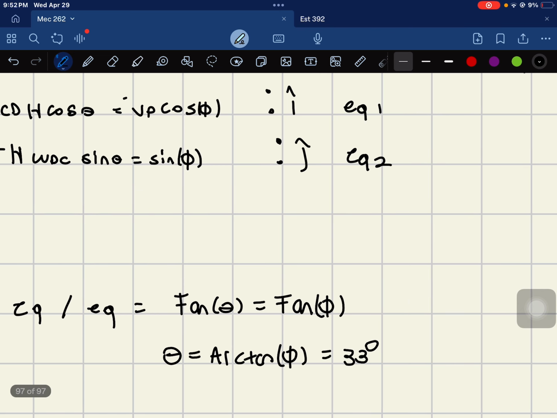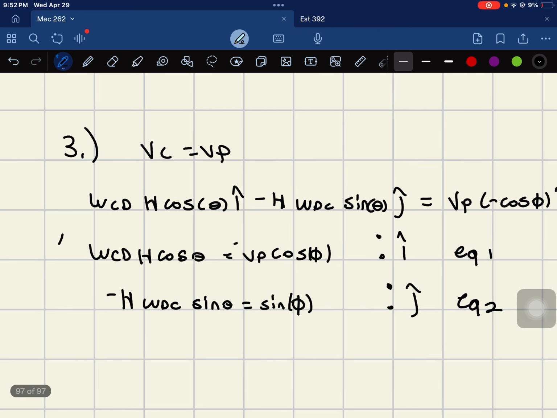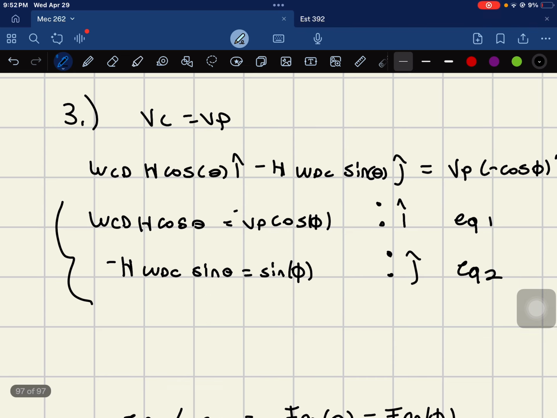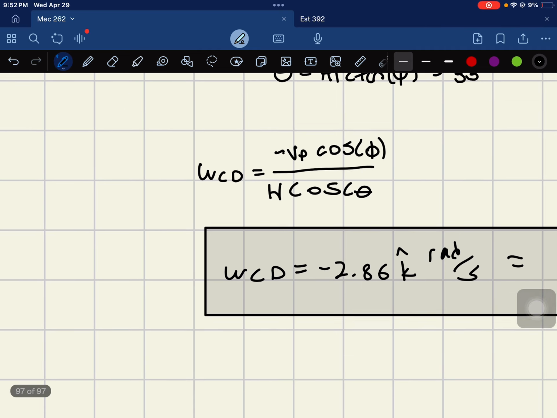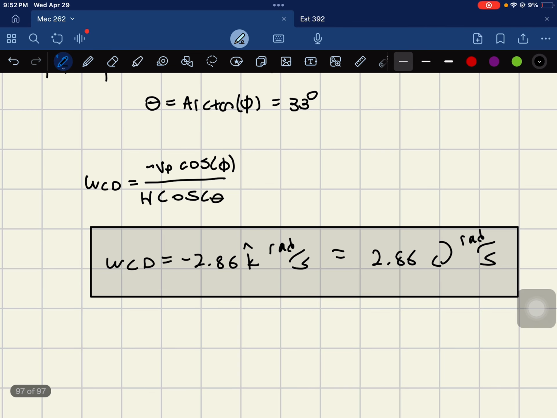And from there, we could choose any of these, plug it in and solve for VDC, and we would get the same answer regardless of which one we choose. And we obtain these. And since it's moving in the, since it has a minus sign,